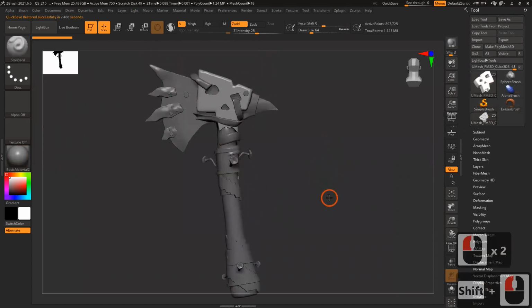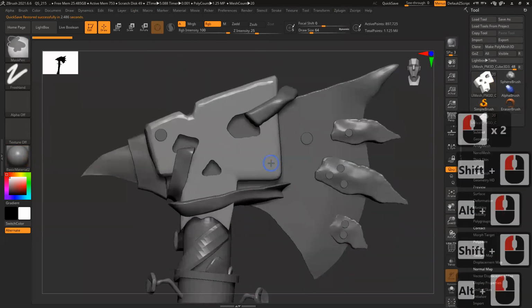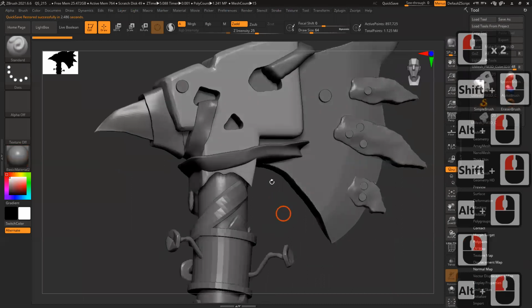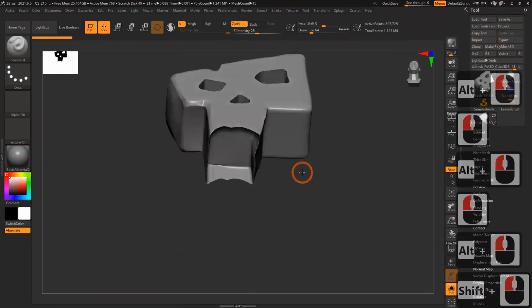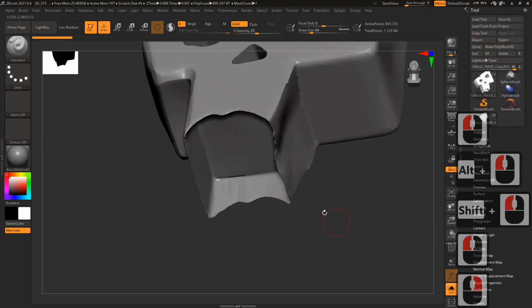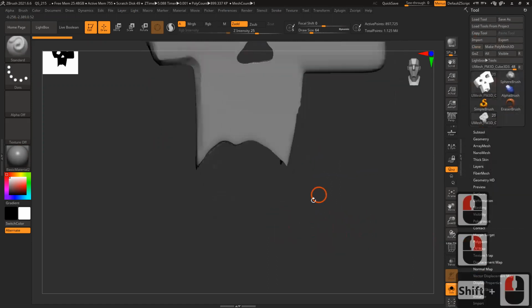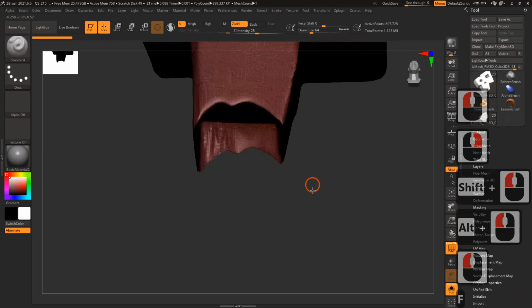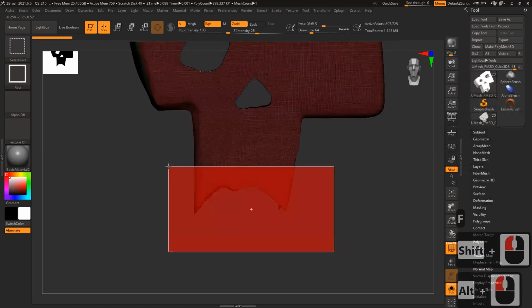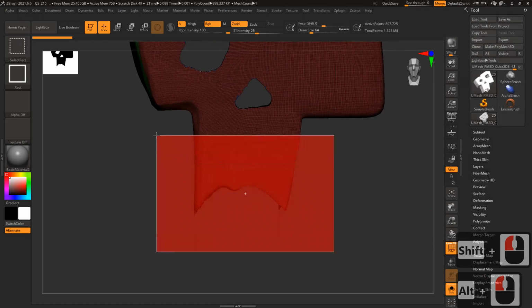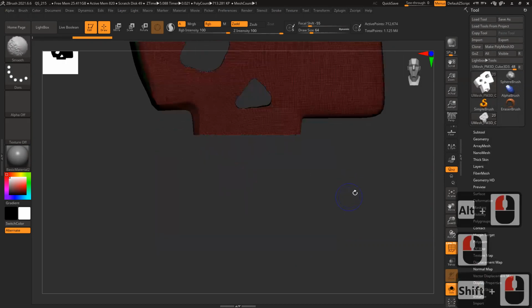Rest of the things are saved, I believe. Yeah, rest of the things are saved. Only that part is gone. Not visible.